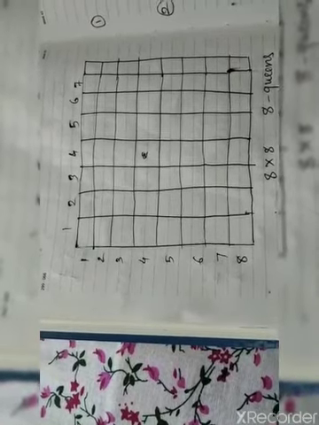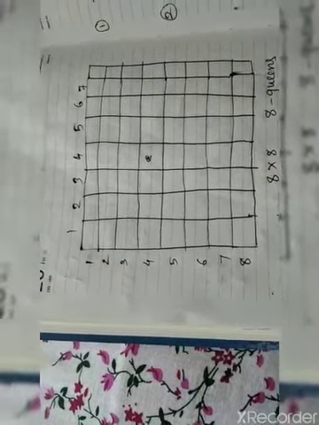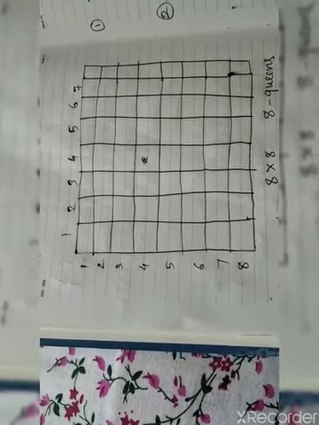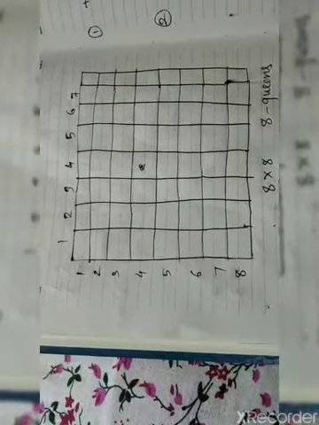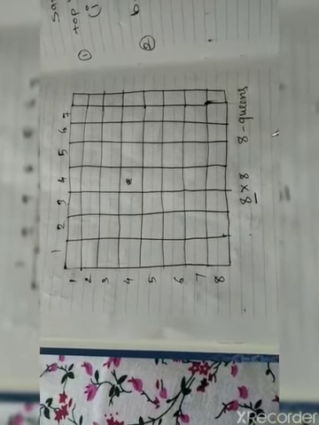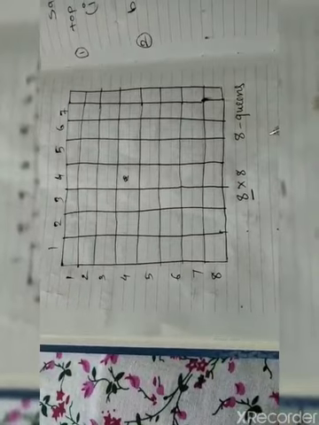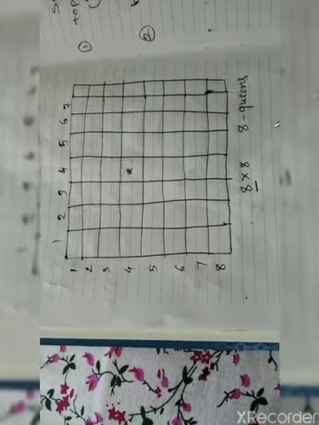As we know, a queen is said to be under attack if we place a queen horizontally, vertically or diagonally with respect to a previously placed queen. So how to avoid this? There are three ways by which a queen is said to be under attack. So first is if it is in the same row.